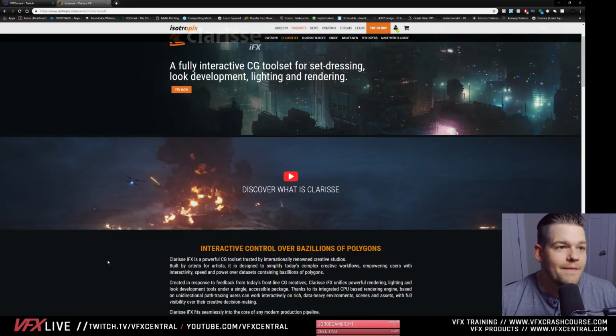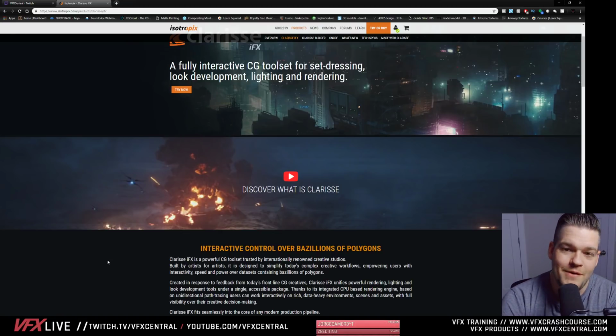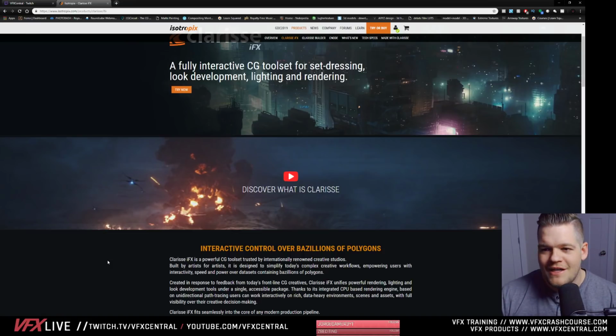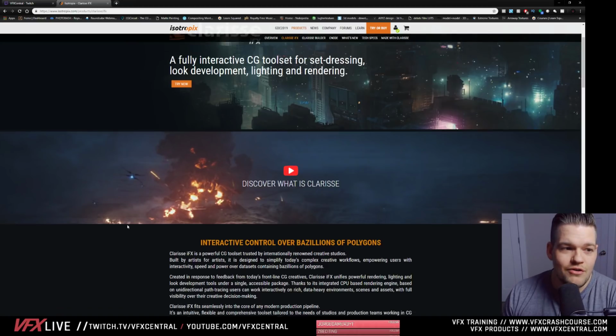Another reason why I like it is it makes me a little bit more of a lazy artist, because sometimes we're doing things in 3D Coat or sculpting programs, and I sometimes don't like to retopologize stuff. I mean, you can do it pretty quick, but sometimes I like having the high polys, but you can't really use them in a normal 3D package. I can import huge models with millions of polygons into Clarisse, clone that object, scatter it, and be able to view it just fine. So just some crazy, crazy things.